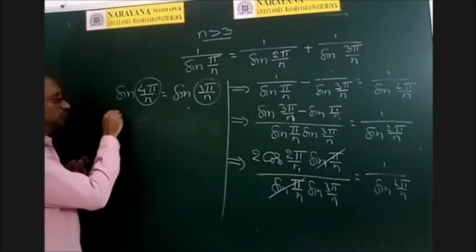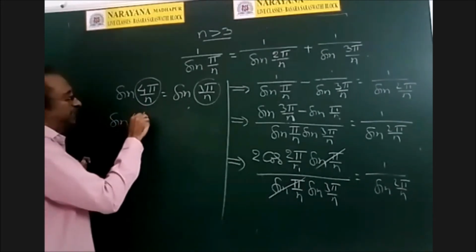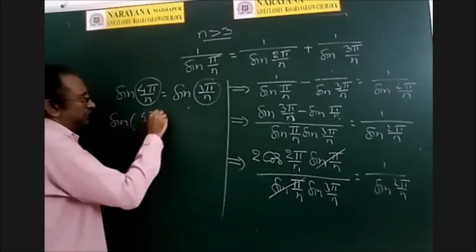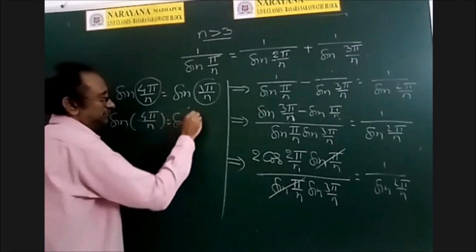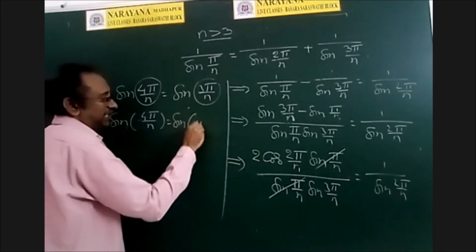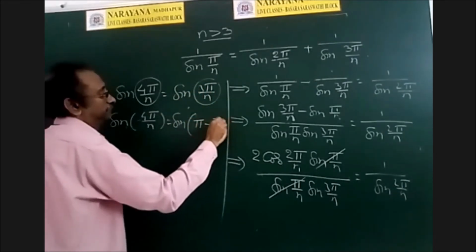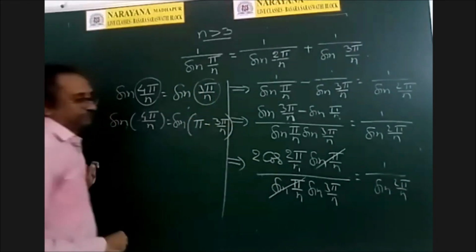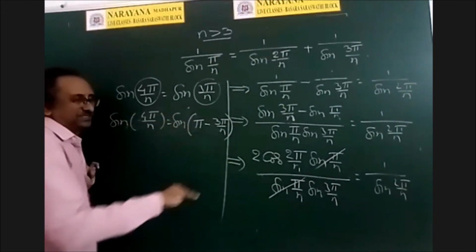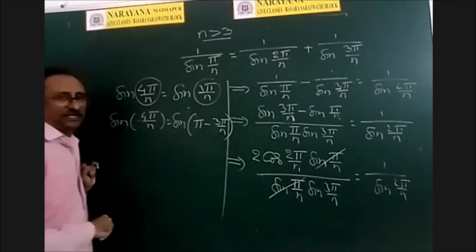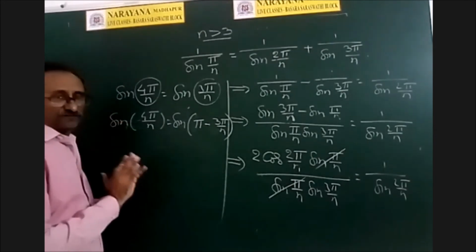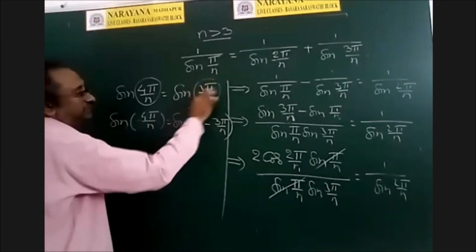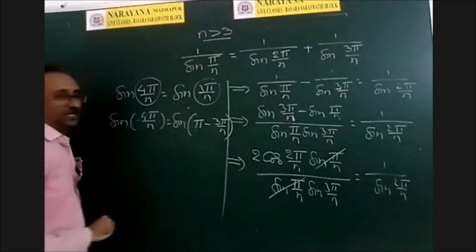There may be another solution. So how to write that? In the next chapter we will clearly and exclusively see that. But for now I am writing sin theta as sin of 180 minus theta. Not only that, sin of 2 pi plus theta, sin of 3 pi minus theta, like that we can write so many solutions. But for the sake of this problem, I am writing sin theta as sin of 180 minus theta.